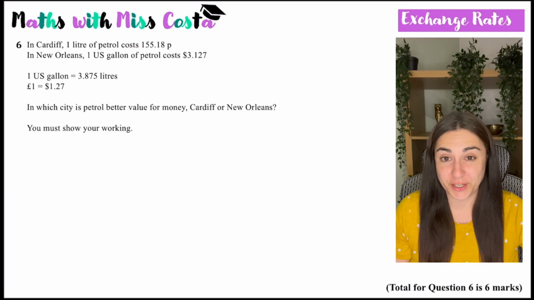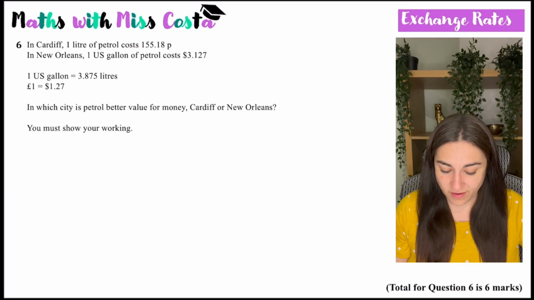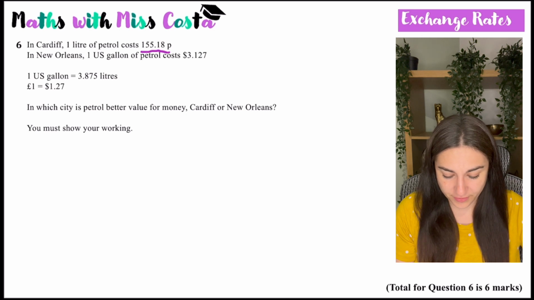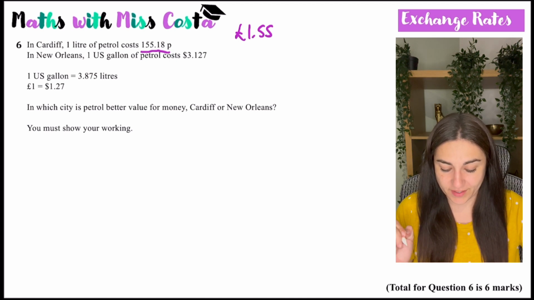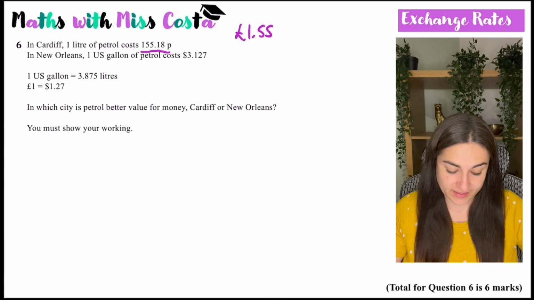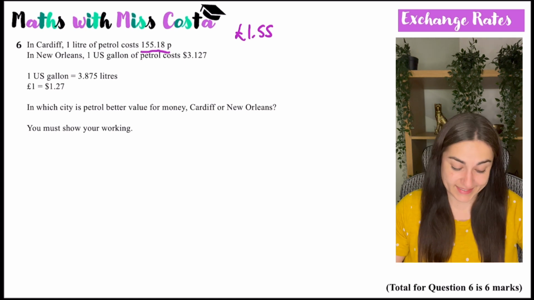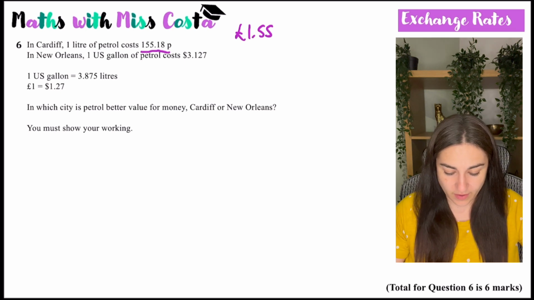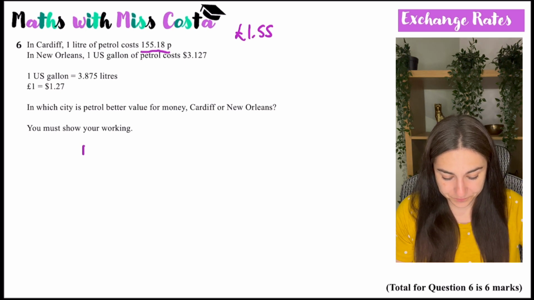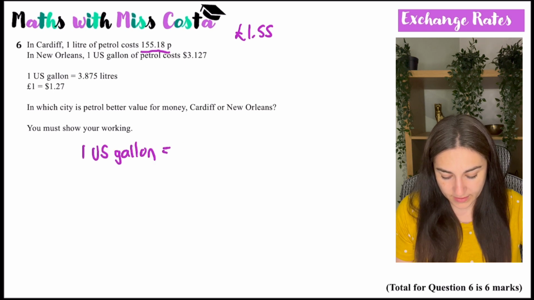So here I've got an exchange rate question. I'm told that in Cardiff, 1 litre of petrol costs 155.18 pence, so £1.55. And in New Orleans, 1 US gallon of petrol costs $3.12. So I'm going to need to either convert my gallons into litres or my litres into gallons, and my pounds into dollars or my dollars into pounds. So I am going to probably stick to gallons. So I know that 1 US gallon is